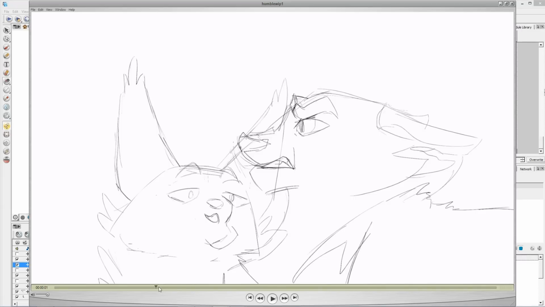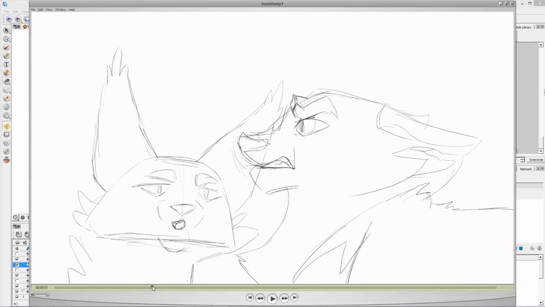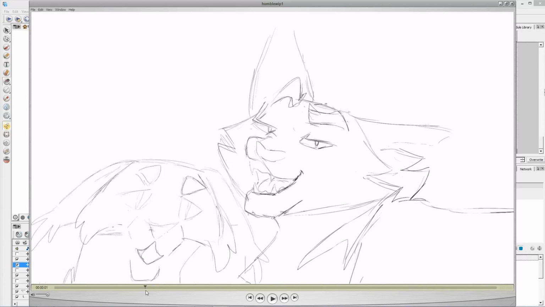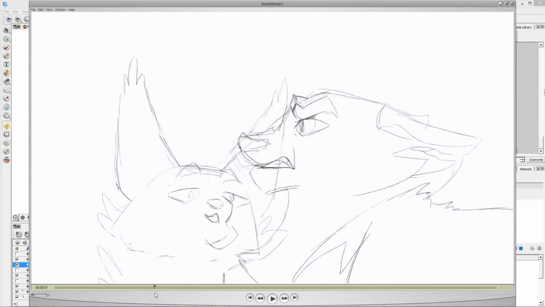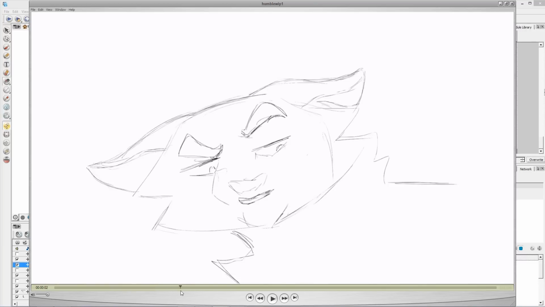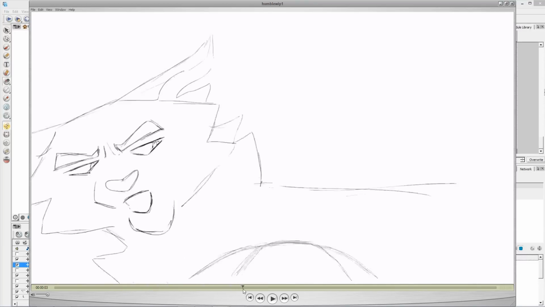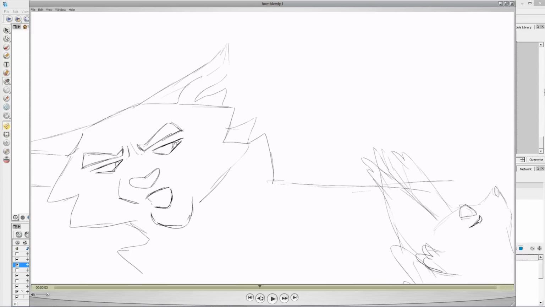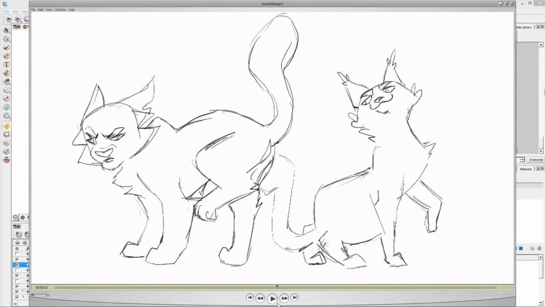I didn't go from this drawing to this drawing to this drawing, and then fill in spaces in between like I would if I did pose to pose. But Tiger Star mostly is done pose to pose, Dark Stripe is done straight ahead,